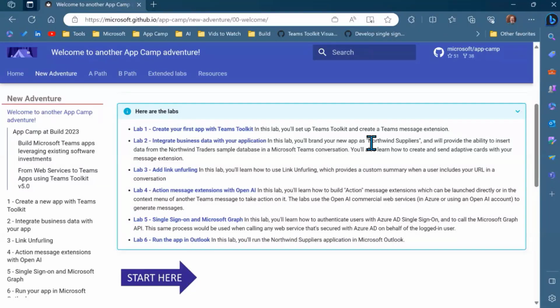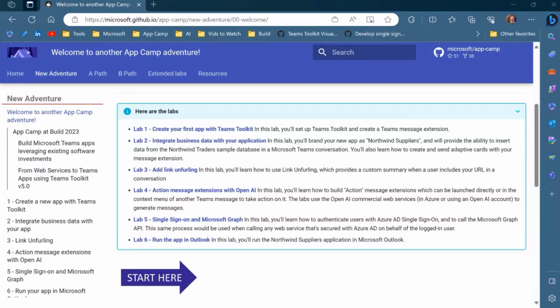And then we're going to allow you to integrate an enterprise web service with that. And then we'll add something called link unfurling, which I'll show you in a minute. It's pretty cool. And by the way, this covers every kind of message extension, which is unusual to have all in one place, because the next thing will be an action message extension with OpenAI.